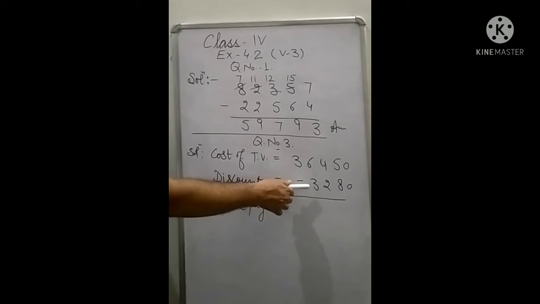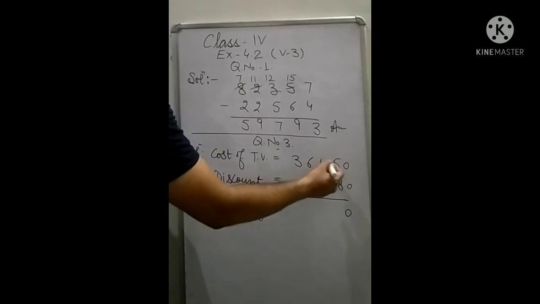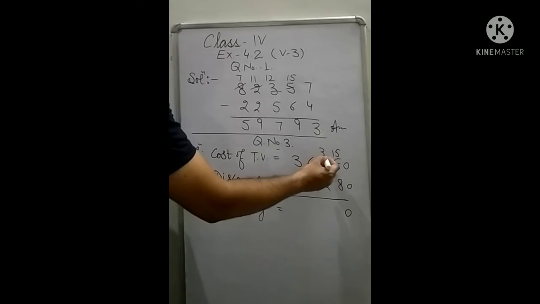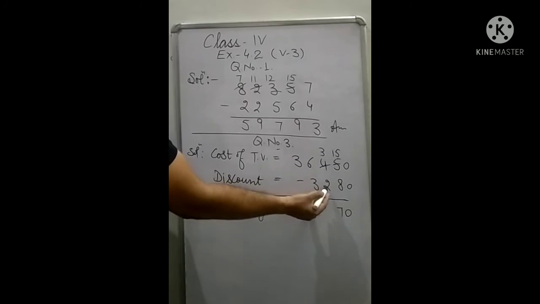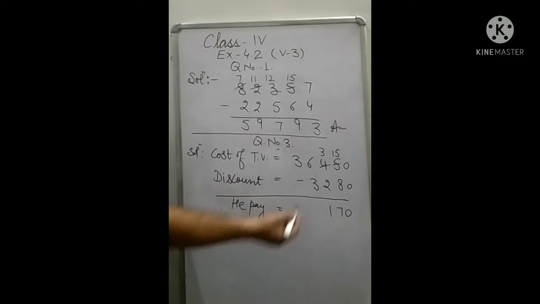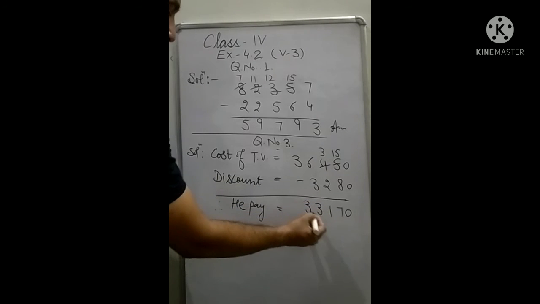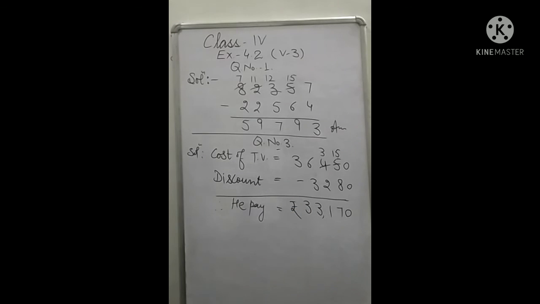You have to subtract this discount from the cost. Subtract 0 from 0, it will be 0. Now take a borrow from the next place on the left, so it will become 15 and 3 will be left. Now subtract 8 from 15, so it will be 7. Now subtract 2 from 3, it will be 1. Subtract 3 from 6, so it will be 3. Again here 3. That many rupees will be your answer. So this is question number 3. Now question number 4 is also the same, 5 is also the same, you can do it yourself.